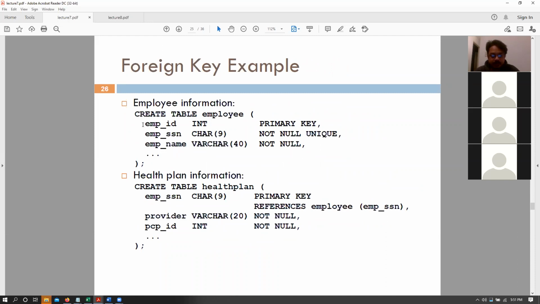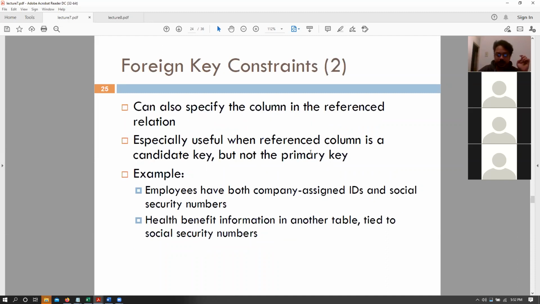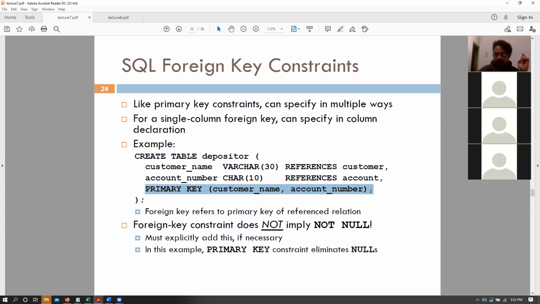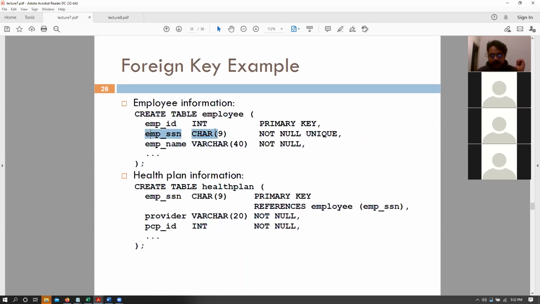We can see that we have this here, that is employee ID is integer type, is a primary key. And remember that if we have this sort of an expression where we are writing primary key next to an attribute, we can only allow single attribute names for that. If we want multi-column attributes to be primary keys, we need to write it after the entire create table expression, that is primary key and the bunch of attribute names. Coming back, employee SSN not null unique, and employee name varchar not null. And in the health plan, basically we are saying employee SSN is a primary key again, references employee table, that is this particular table and this particular attribute from that employee table.